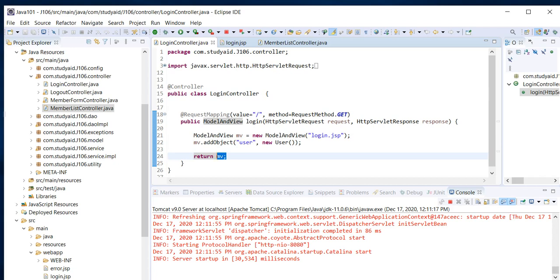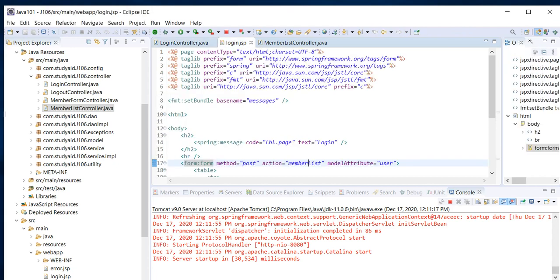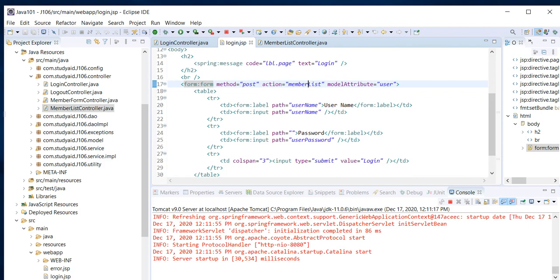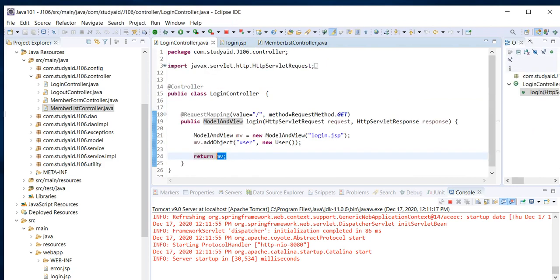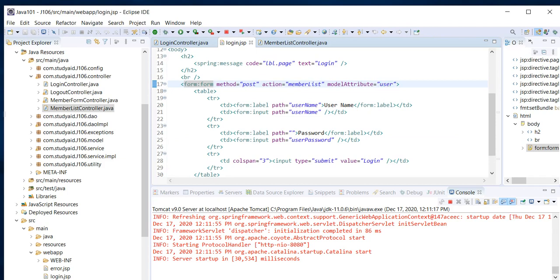So whenever we return this, the information is rendered into the login.jsp, and you can see that over here we are saying model attribute is user. Over here you can see that we have defined this as a user. Okay, so we are passing on this user object. So over here model attribute is user, which is the instance of the user, and then we are calling the action to be member list. So now that means that we are invoking the member list controller. Okay, and this is a post method. We are accepting the username and password. So now whenever we are clicking on